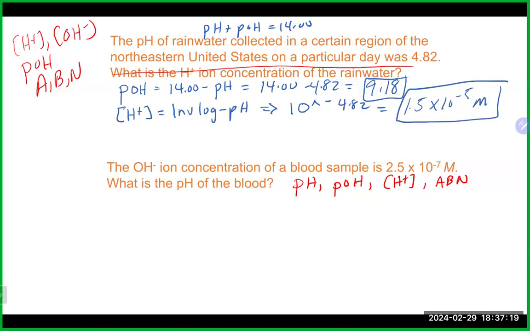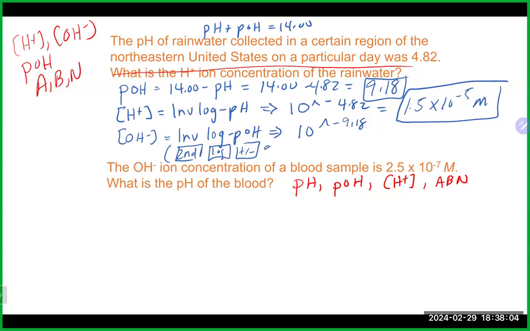At this point, you also have really, because of the way I did it here, two options. You could go into KW like we did previously and solve for the OH minus concentration. You could also do the same thing with the POH that we just did with the H plus concentration or the pH to get the OH minus. So once again, I'm going to do it this way here. OH minus will equal the inverse log of the negative POH, which again, on your calculator will be a 10 and a negative 9.18. Once again, to punch that in, probably like the second button or the shift button, the log button, the negative button, and 9.18. Obviously, if you have a non-display, you got to go backwards and start with a 9.18 and punch it in the opposite way. And if you do all that there, you will get